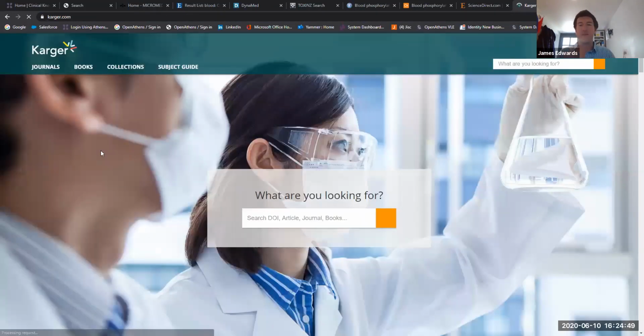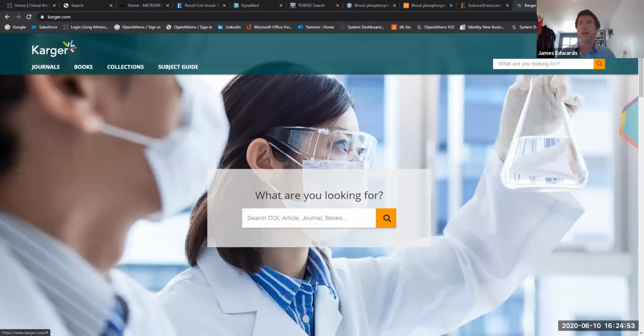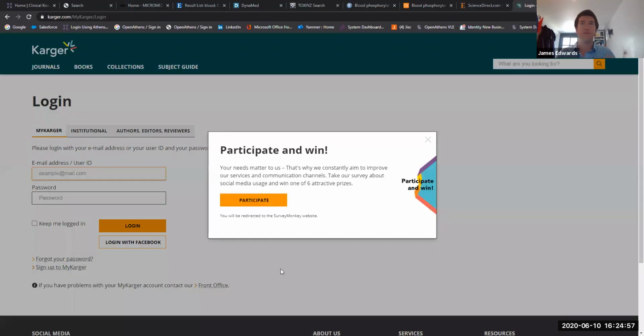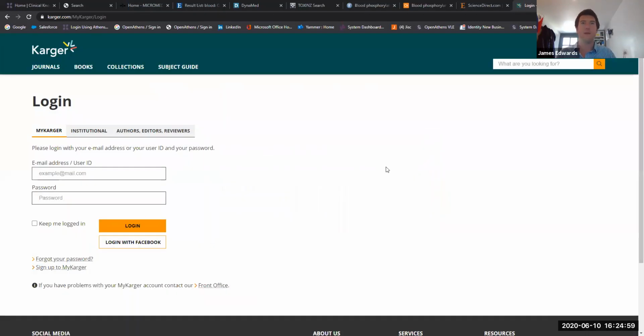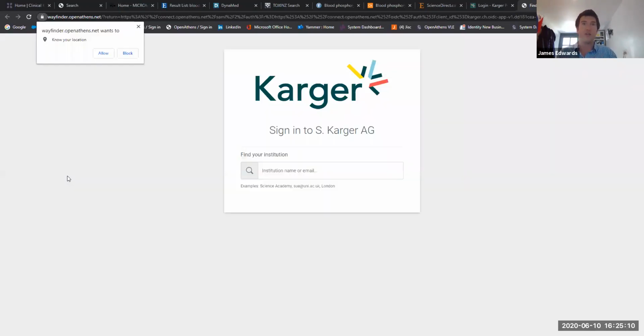So now let's pretend I haven't logged in yet. This is the very first thing I'm going to do. I'm going to click login, and I haven't got a session running, and I'm going to be from a different place this time. So institutional login. There we go. Often there's the branded logo in some way. I now click login, and this time I'm going to pretend I'm a student from Reading University.